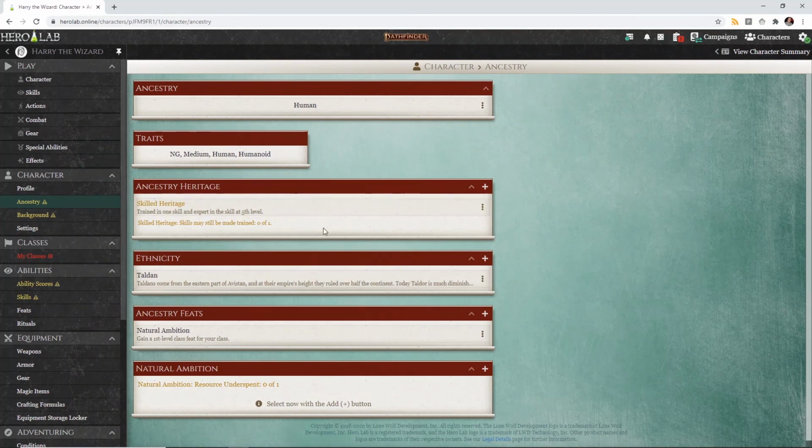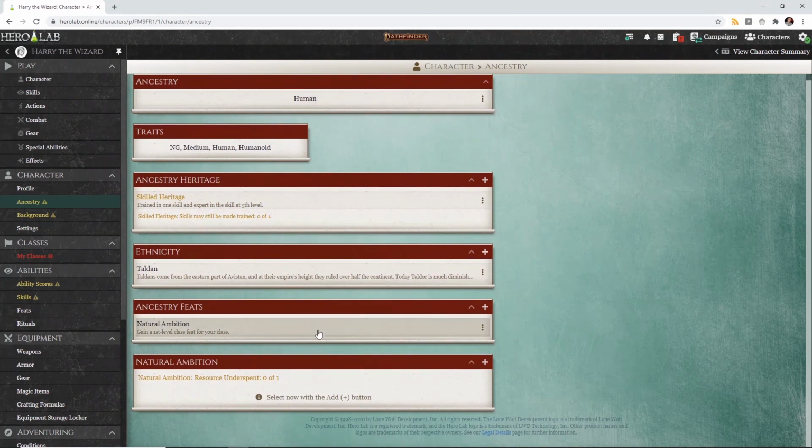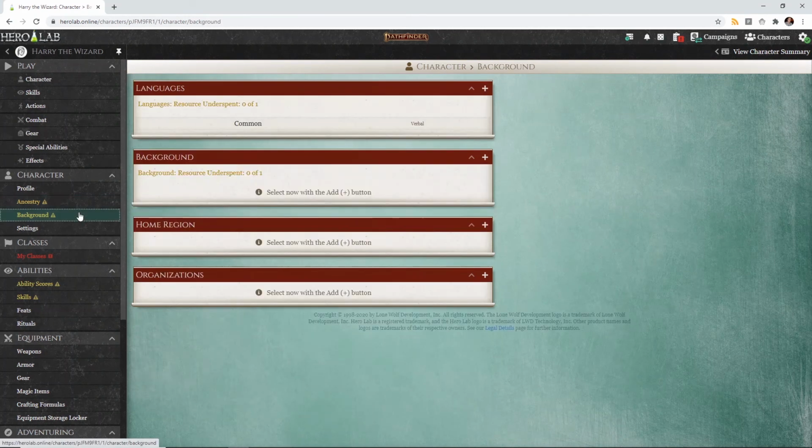All right, so I've got the basics for what I need here right now, knowing full well there are a couple choices I need to make that are contingent upon some other things, like what skill I want to pick and what class I pick. But I'm going to move into the background right now. All right, so for the background,